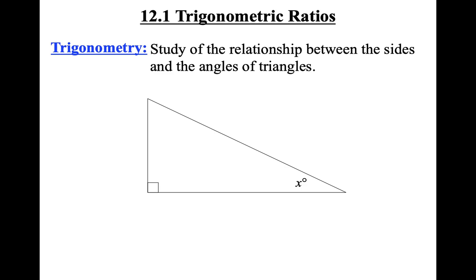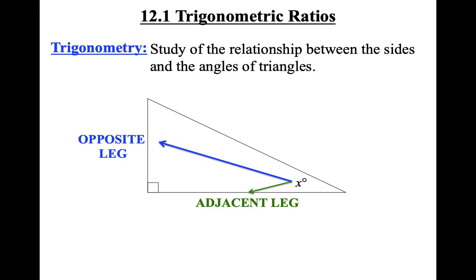What we're first going to start with is naming the sides of this right triangle from the perspective of our reference angle. So if we're looking from angle x, the two legs are the sides that surround the right angle, and we call the one across the triangle the opposite leg. We call the one that is next to the reference angle, meaning that it is touching it, it is making it up, the adjacent leg, because adjacent means next to. And then the hypotenuse is always the hypotenuse. This doesn't change. It's always across from the right angle and it's always the longest side.